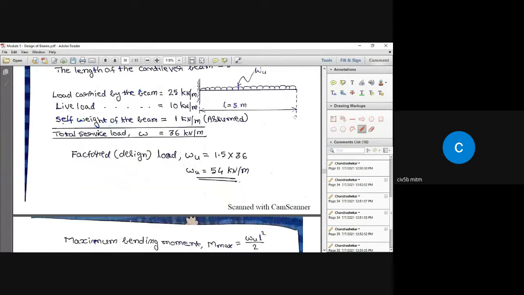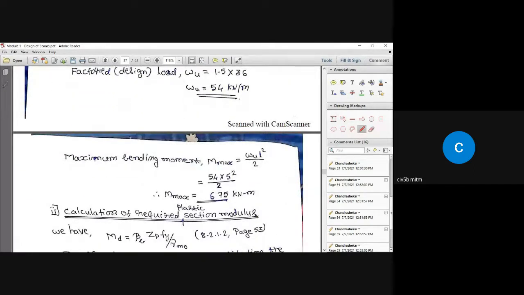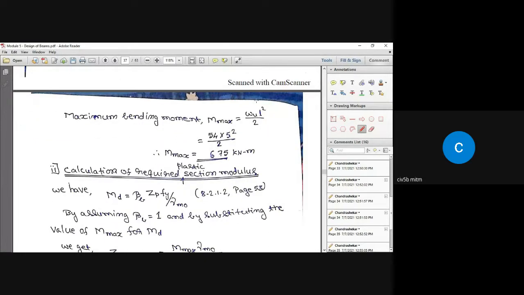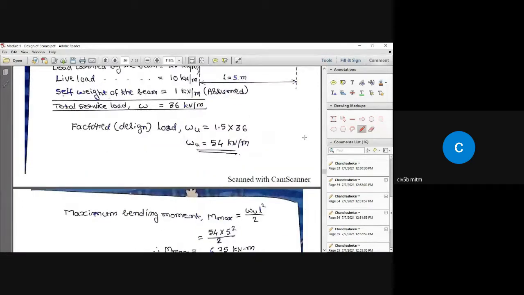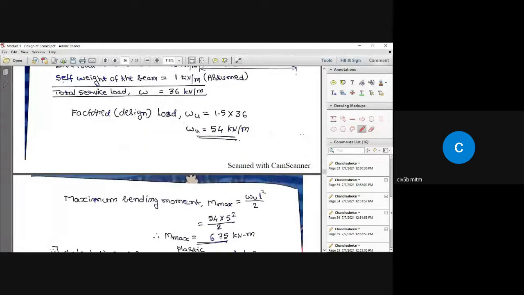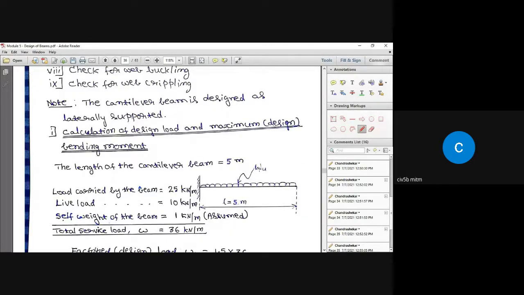Okay. So once the load is known, we can find out what is the maximum bending moment and also what is the maximum shear force. So find out what is the maximum bending moment. This is not WL square by 8 bending moment. That is only for a simply supported section. For a cantilever section, it is going to be W times L will give you the total load, and that total load is assumed to be acting at the resultant point, which is located at a distance of L by 2. Okay, that is 5 by 2, 2.5 meter from the support.